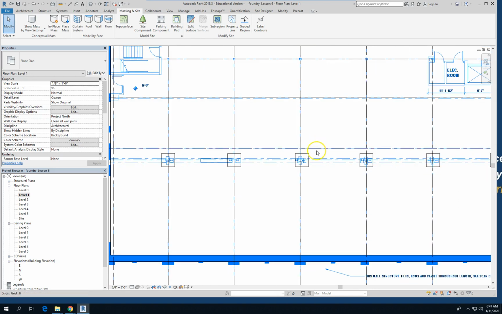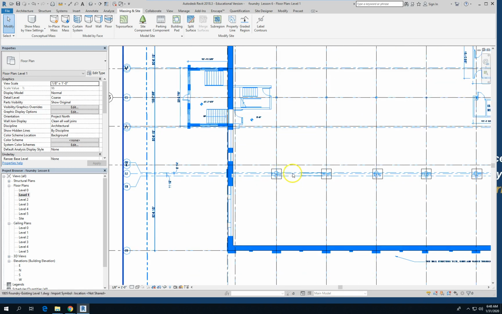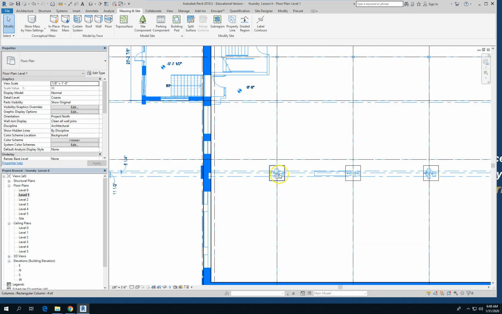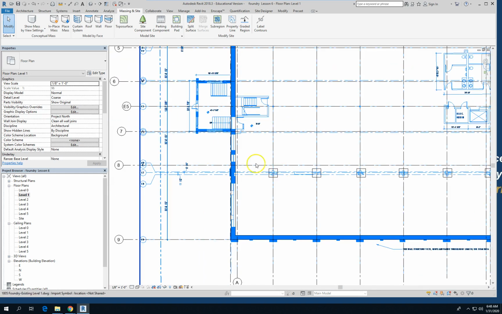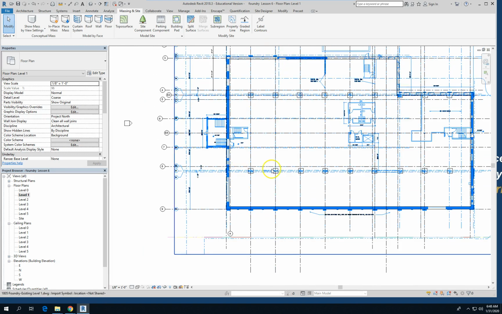Anyway, theoretically, I could have omitted all these extra grid lines. They're necessary for construction because the structural engineer probably specified where this additional steel goes. But the overall pattern